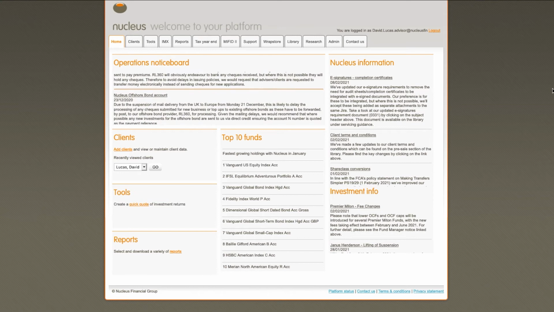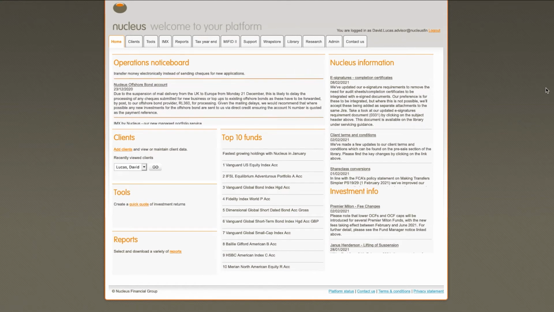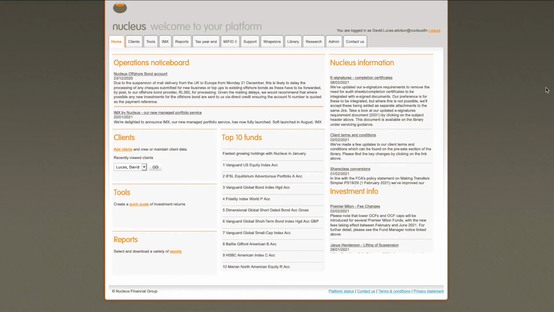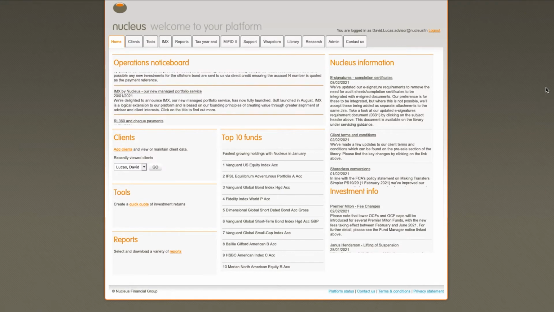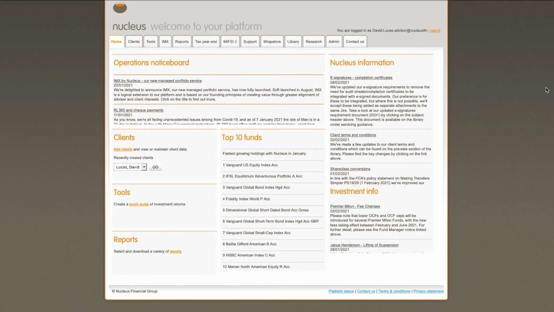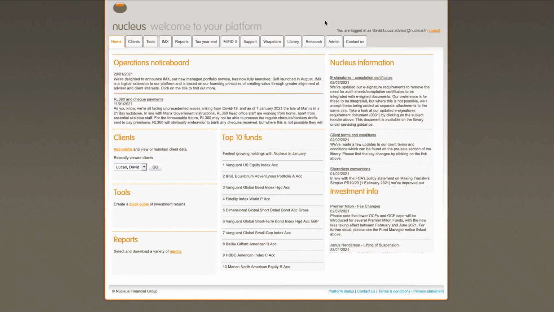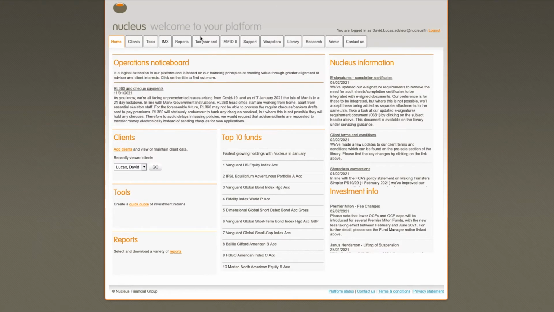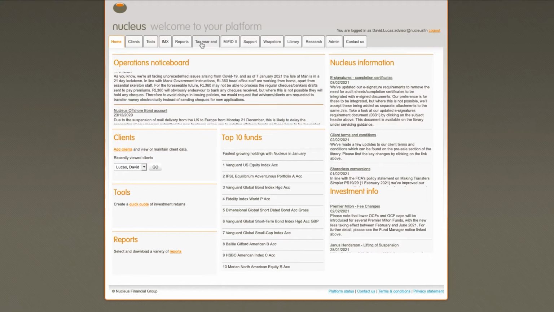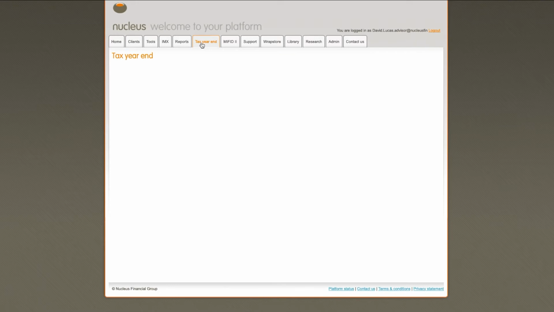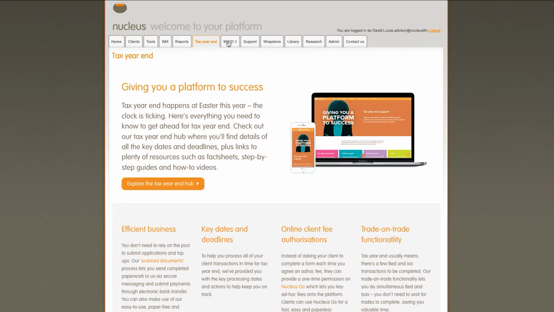Those of you familiar with using Nucleus at tax year end to meet your clients' needs will be aware that each year we put a new tab onto the platform front end. This year is no different, and the tax year end support tab can be found on the platform as usual. So to access it, just click on the tab, and this will take you through to all the supporting information and materials to help you meet the challenges of this time of year, and also to maximize the opportunities for